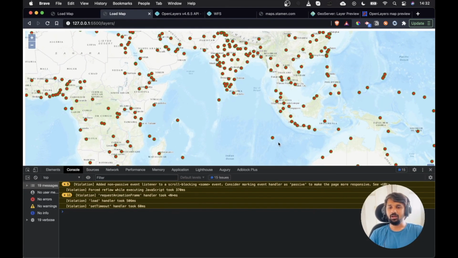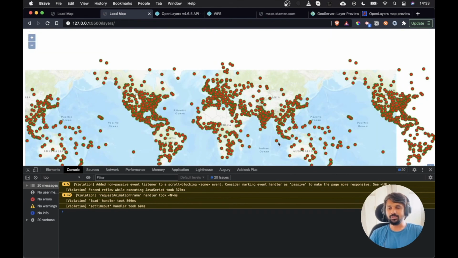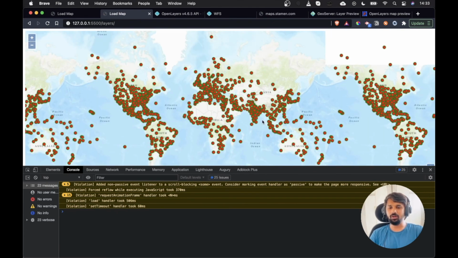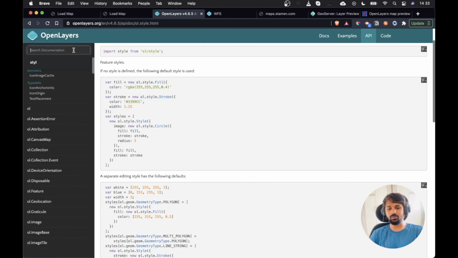Finally, we will see how to create a heat map. You can see that if I zoom out to the world level, the map looks quite noisy. You can see that there are so many airports, but we don't get any sort of information like what might be the dense area. And the way we are looking at it right now might not be the best way to visualize it. We can create a heat map by keeping the same source but creating a new layer type, which is a heat map.